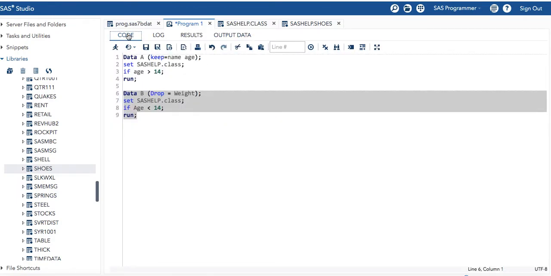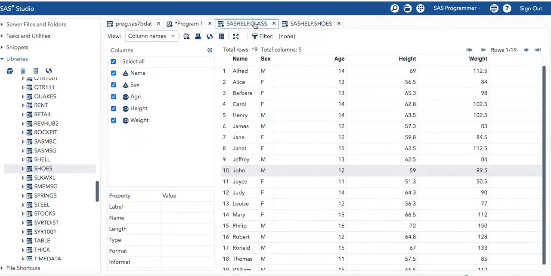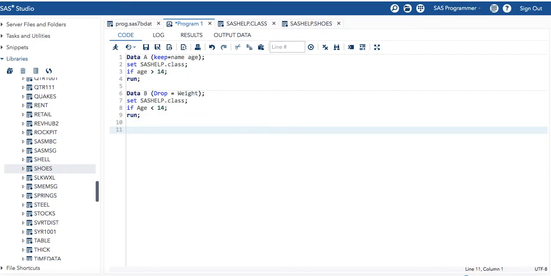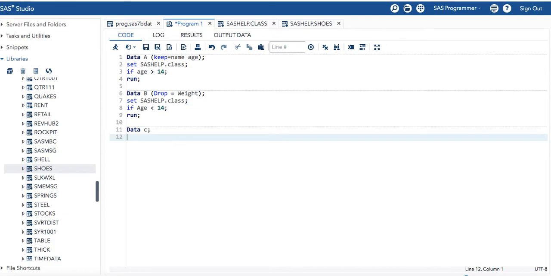Okay, let's say, I'll show you. Usually we say that SAS is case sensitive and line free, space free. In some cases you have to take care of the fact that SAS is case sensitive.